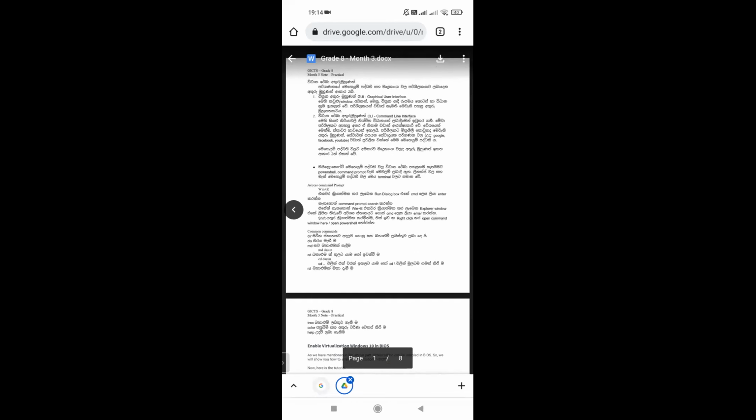So today we are going to discuss 2 types of interfaces. Interface type 1 is command line interface, and interface type 2 is graphical user interface. We already started learning about the graphical user interface, and we learned how GUI works: how to create a folder, how to delete a folder, copy, paste. Today I'm going to teach you the command line interface, which is a little bit more difficult and advanced than your traditional graphical user interface.